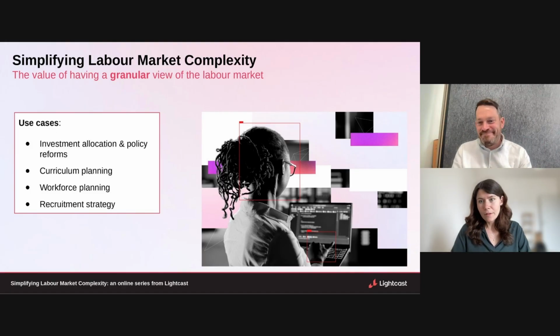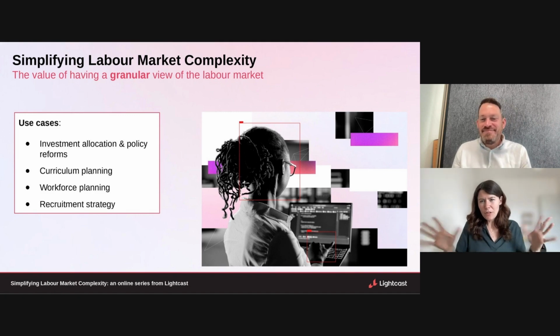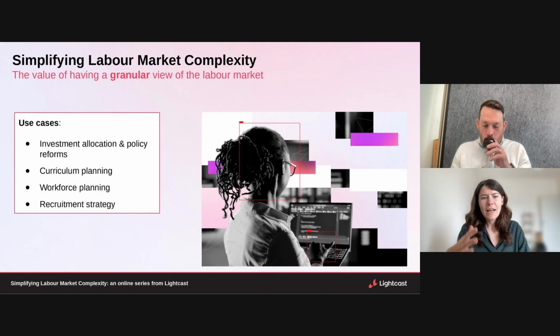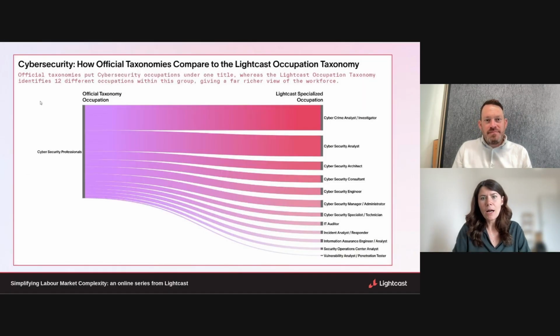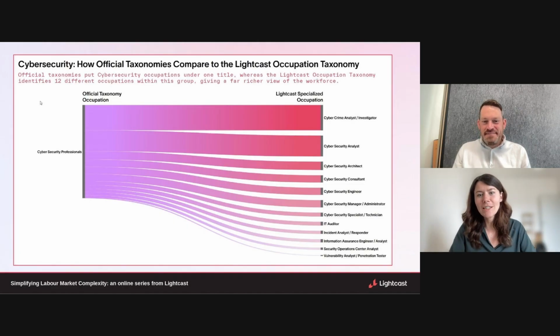And if you ask official statistics, cyber is a big black hole. It's just a big box, and it's called cyber. There are cyber security professionals, something like that is called in official statistics. And that is not very helpful when you're trying to do something about cyber, because as we were just talking about, you need to know the details about what's within cyber. And that's where, for example, our taxonomy can really help, because we break down within the taxonomy a number of, and I'm not going to try to guess the exact number here, I think it's more than 10, less than 20, occupations related to cyber that we can identify and split.